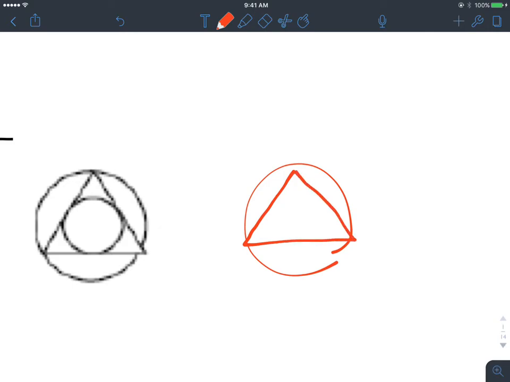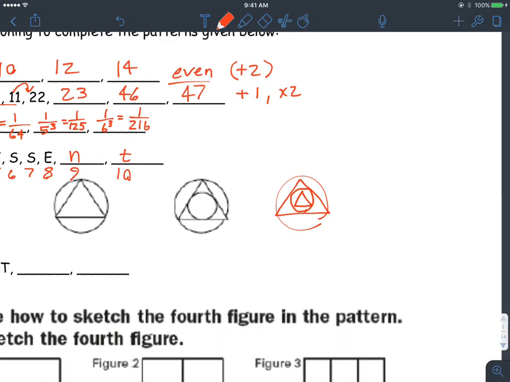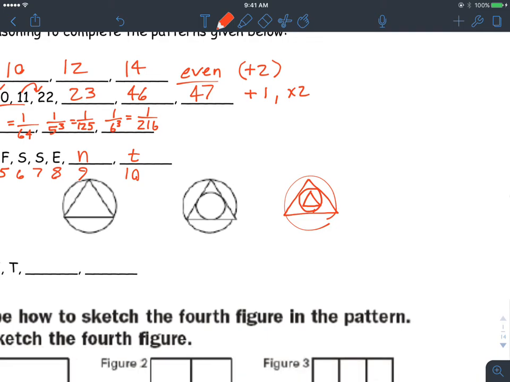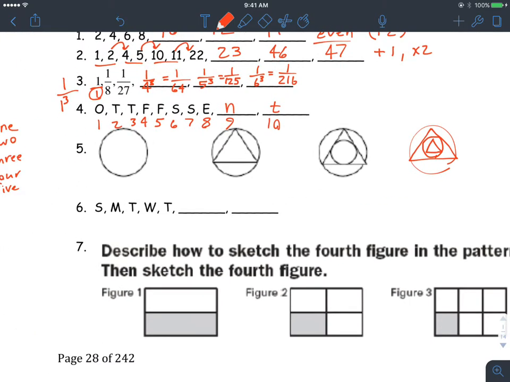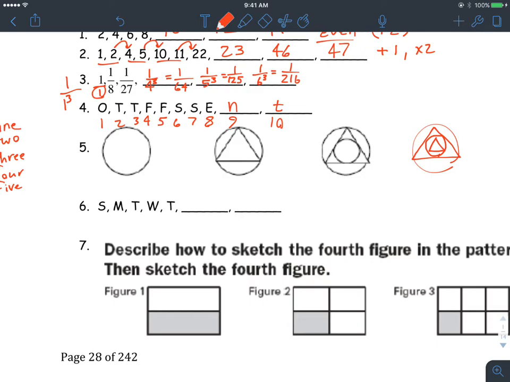You're going to have a triangle. You're going to have another circle. And then maybe another triangle inside of that. It's just like this spiraling pattern that keeps shrinking inside of there. So kind of a weird one. You can draw the next one there, but we'll go ahead and continue here. This next one here, let's see,